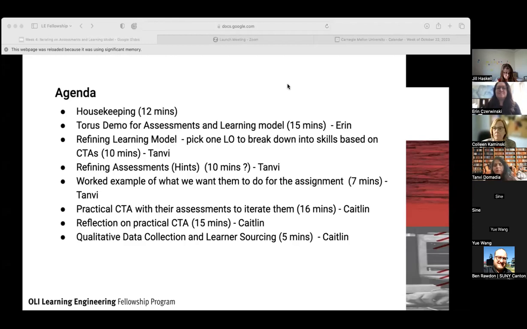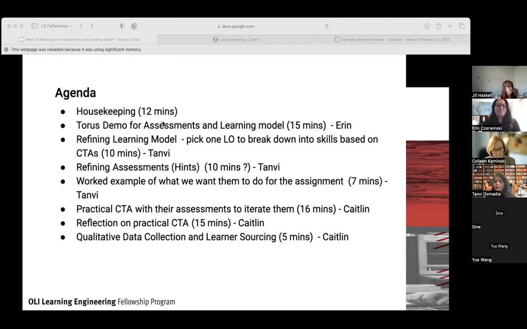So for today, we were planning to go through a few housekeeping things and then go through the Taurus demo that we were not able to complete last time. I think Erin will also be going through some more nuances on developing assessments within Taurus today. And then I'll be talking through refining some of the learning objectives that you all have been working on and also the assessments.